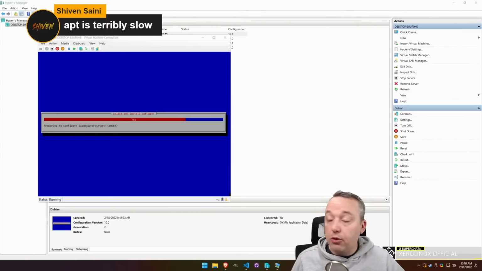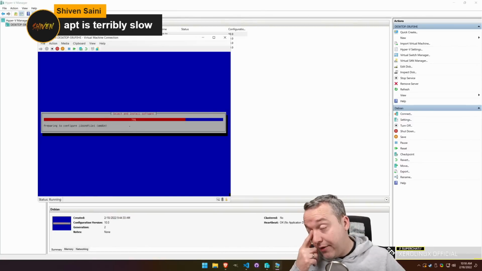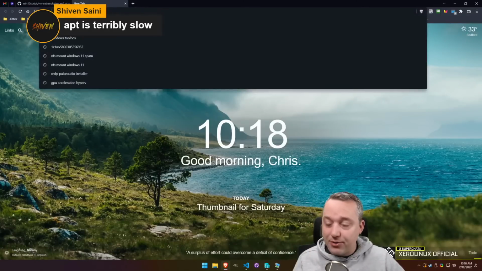Apt is terribly slow. Agreed. This is a good example of apt being terribly slow. Now, you can do a bunch of different stuff to speed up apt, obviously not during the install. Like I said, I should have just downloaded the ISO. That was my bad. And I got some bad cursor artifacting right now, but